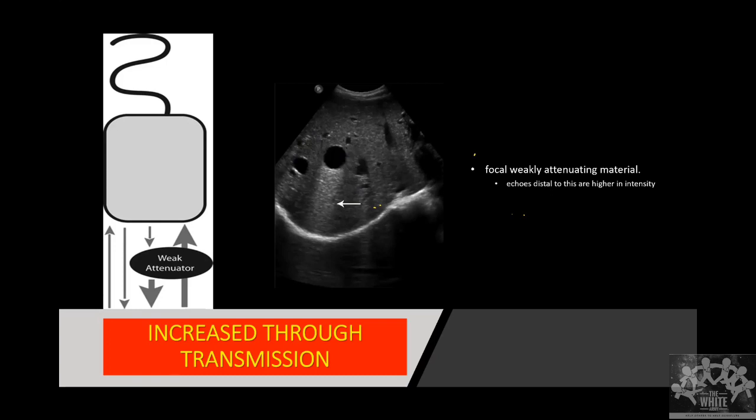Other than that, the abscess has necrosis. Now, will the wall of necrosis be this smooth? No, the wall will not be this smooth. So that's one thing. Here the wall is smooth, there is no turbid fluid inside, but it is a cystic structure. I know because of the increased through transmission. So that's why it is a cyst, but it is not an abscess, because it has a very smooth wall and there is post acoustic increased enhancement.